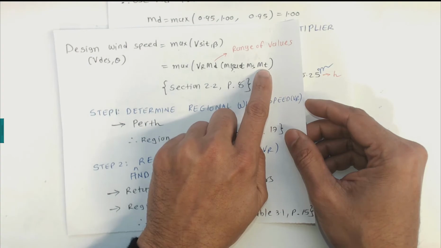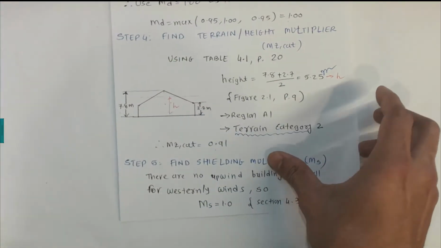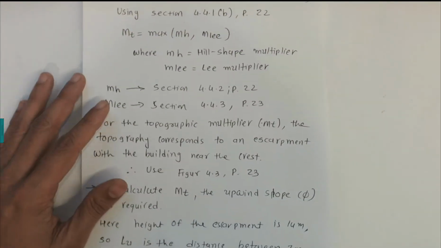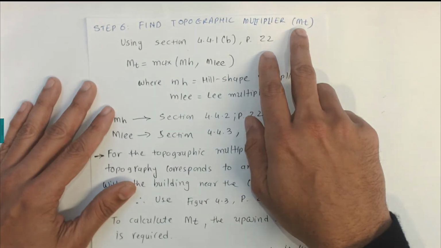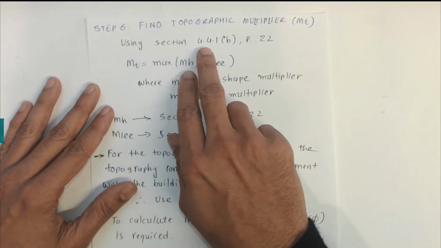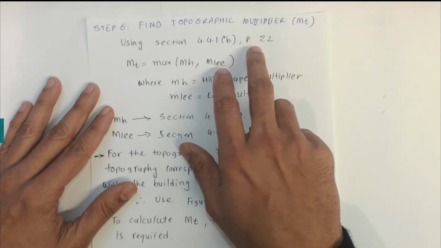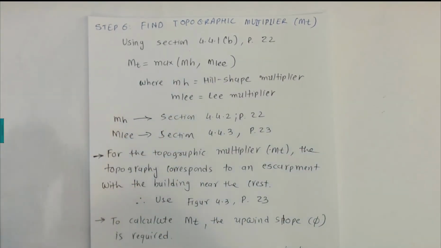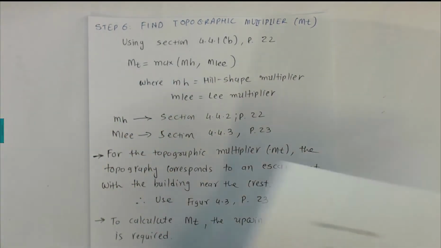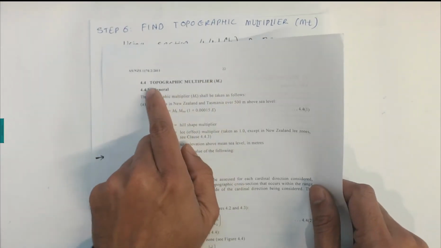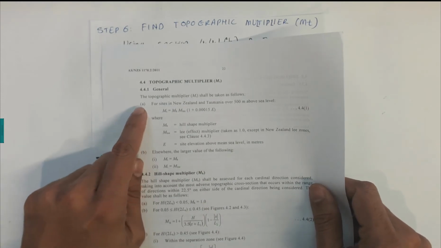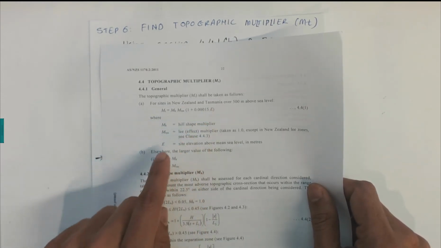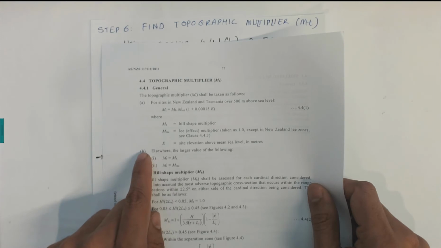So we calculated Ms equal to 1, and now we are moving on to finding the topographic multiplier Mt. That is step number 6. We need to use section 4.4.1b on page number 22, which helps to find the topographic multiplier. Section A is for New Zealand and Tasmania, and the church building is located in Perth, so we are using this